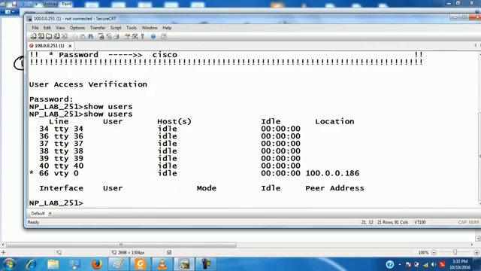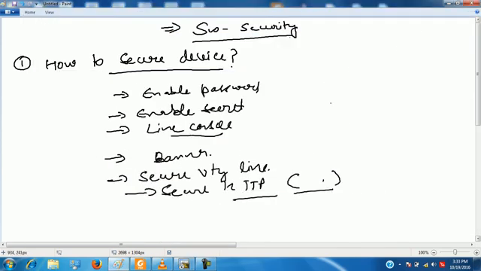We are accessing here our device using CLI. This is CLI, and yesterday the browser thing that I have shown you was GUI. GUI stands for graphical user interface and CLI stands for command line interface. So all of you are clear with these basic things? Shall we move on?